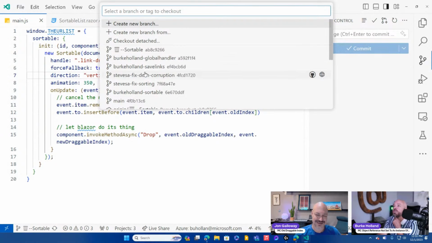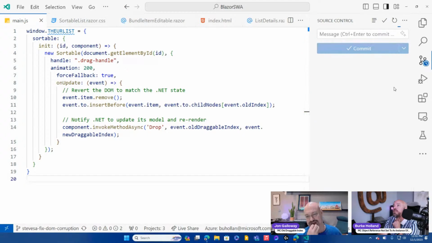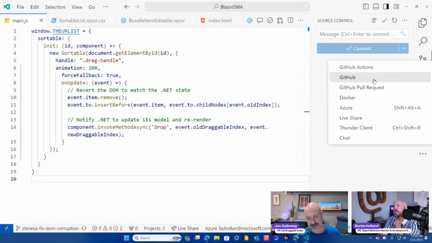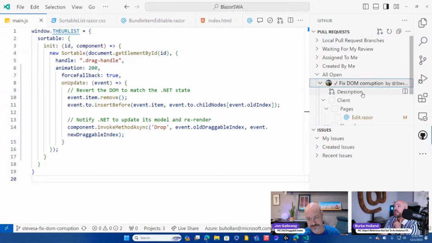So let's do, this is Steve's. Everything's already been committed. It'd be great to make a component out of this because other people could use this in other places. Yeah, I think this is the kind of thing a lot of people would want to do. So it's actually already in there. Look, it looks like a pull request. I think I updated it though. It doesn't matter. So let's